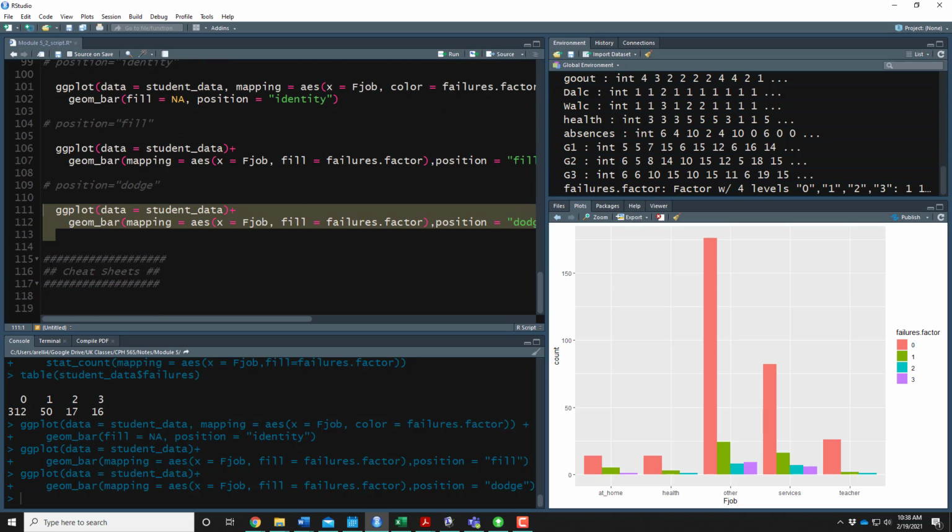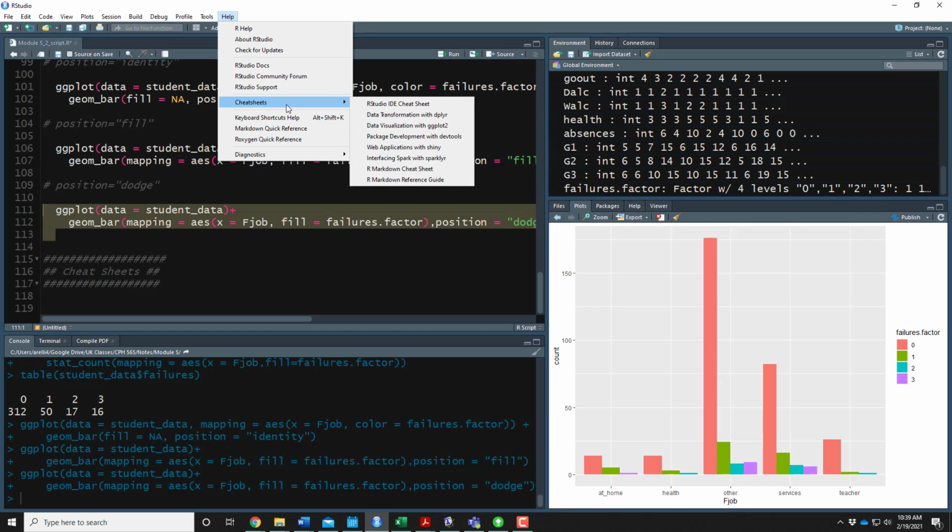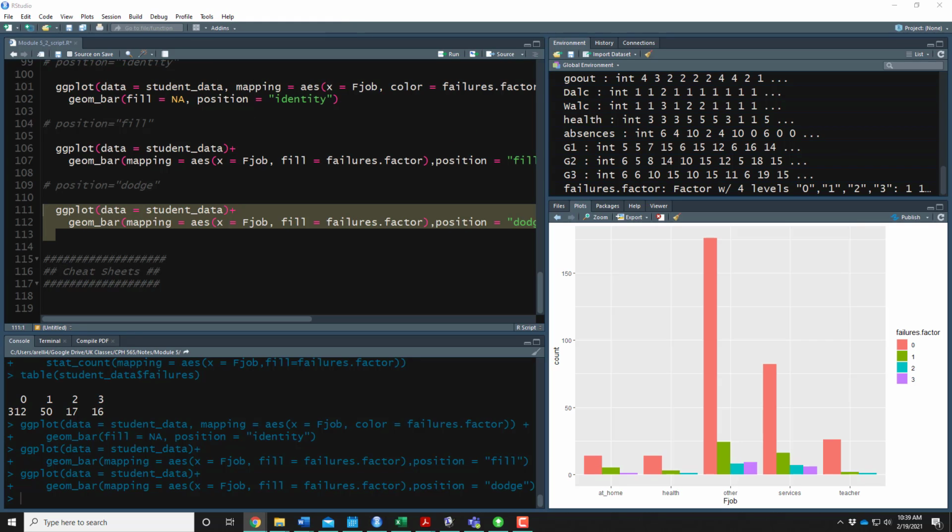All right, our very last thing that I wanted to show you were the cheat sheets. So there's not actually a line of code here. The people who created RStudio have made these really nice cheat sheets to help you with just different packages within RStudio, and so I wanted to show you these. If you go to Help and you click on Cheat Sheets here, or hover over it, you'll notice that there are a bunch of different cheat sheets that appear, and there's actually a lot more than this. But we've been working with ggplot, so if you click on the data visualization with ggplot, that is actually going to take you to a website,